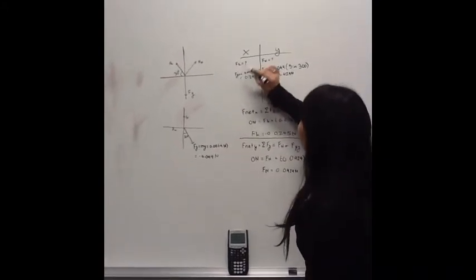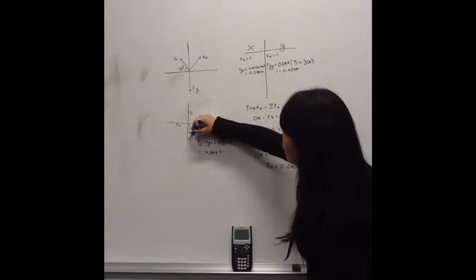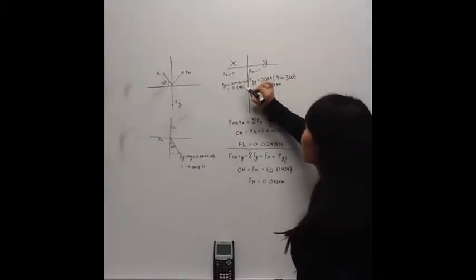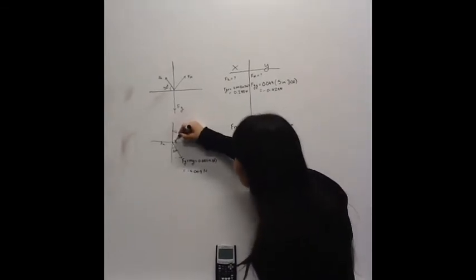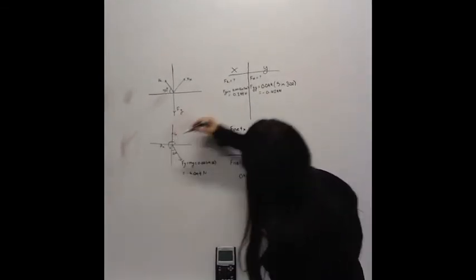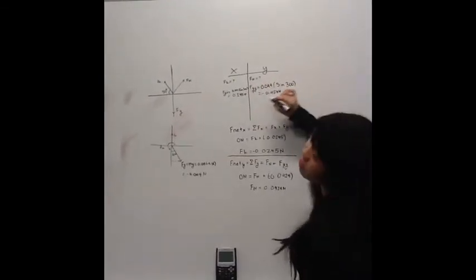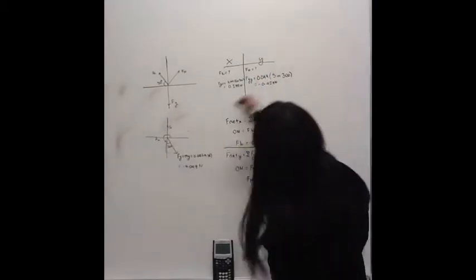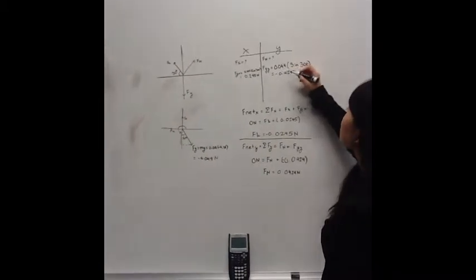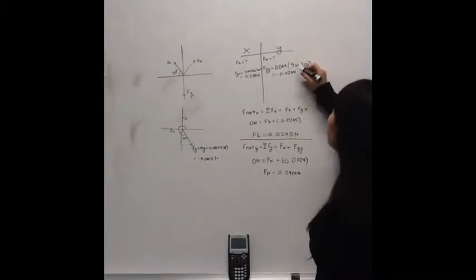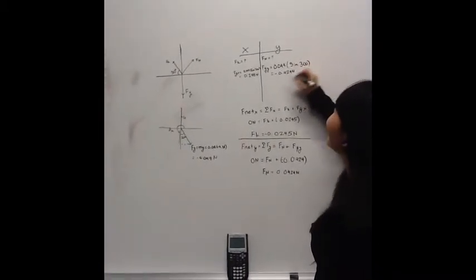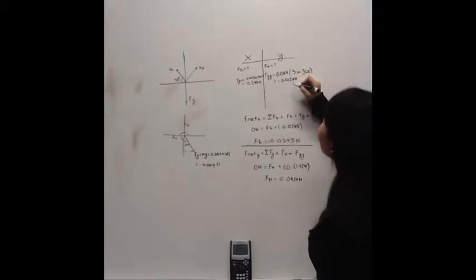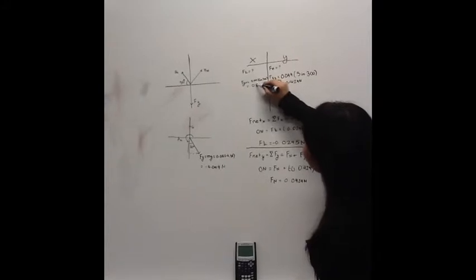To find the x part of it, you multiply 0.049 times the cosine of the standard angle of 30 degrees and you get 0.0245 newtons. You do the same for the y direction, and you multiply 0.049 times the sine of 30 degrees. You get negative 0.04, it should be